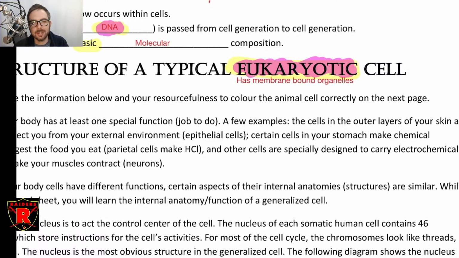And the reason for that is we're going to try and apply some of this stuff to people. And the easiest way to do that is to focus on eukaryotes and what this would look like in us. Okay? It is similar in prokaryotes, but there are a lot of significant differences that you can't transfer this information directly over. And so I'm just giving you a heads up straight from the start. We're going to focus on eukaryotes. We're going to talk about us, basically.